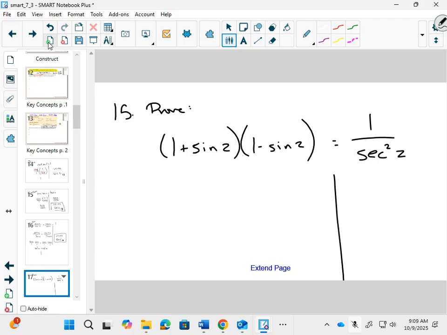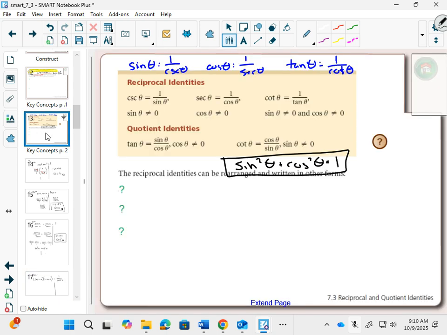The left side already has sine. The right side has a secant. So I can change that. When I go to my stuff here, I could either use this in the green box, because secant can get changed to 1 over cos,